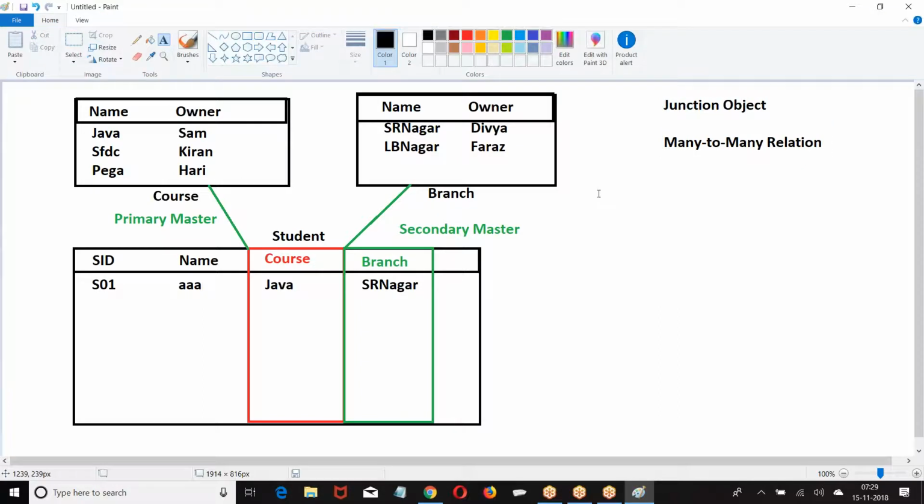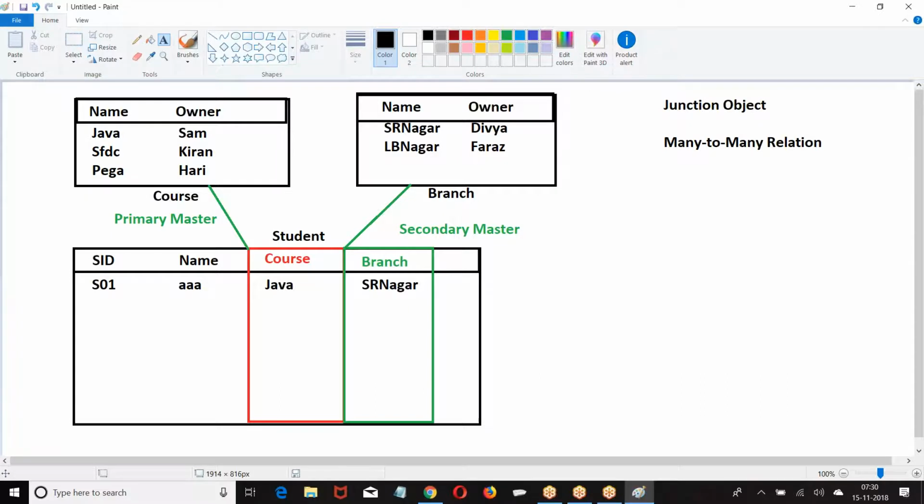Next, in the junction object, whoever is the owner of the primary master, he will be the owner of the corresponding junction record. So who is the owner of S01?